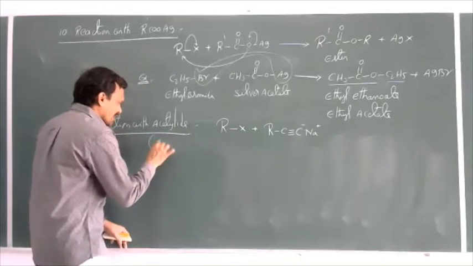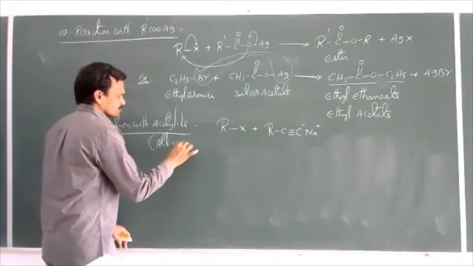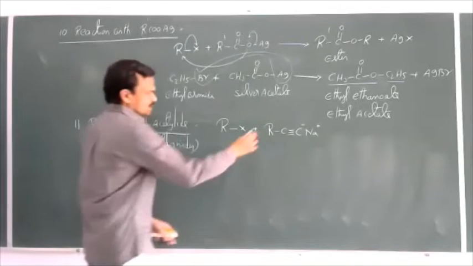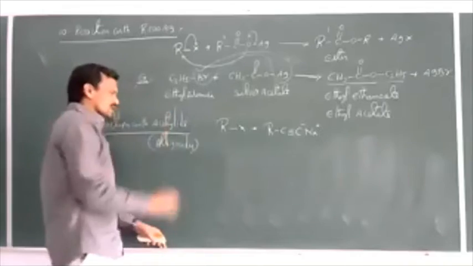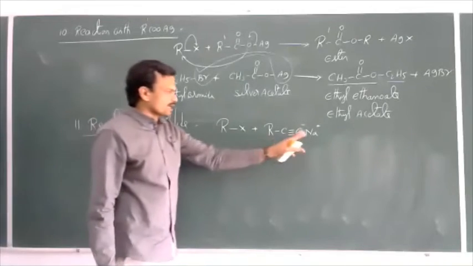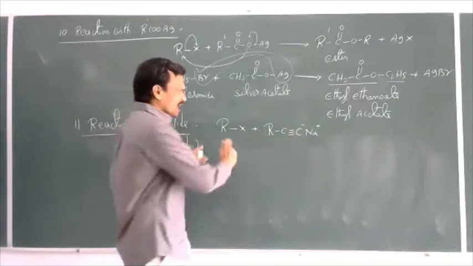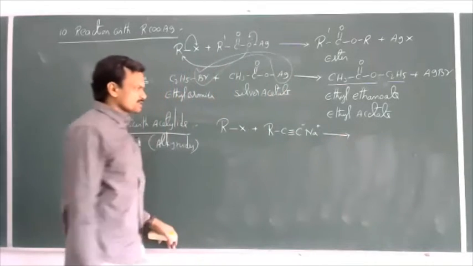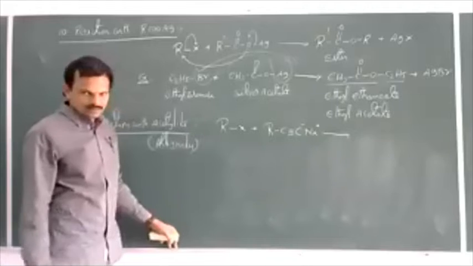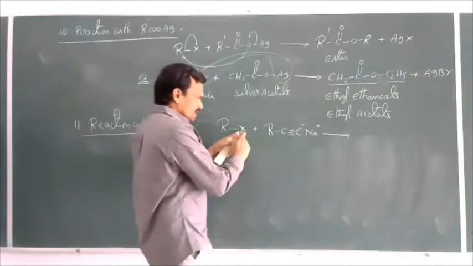Acetylides, alkynides. This is nothing but, if you take H here, there is acetylide. Instead of H, you can take alkyl group, that is called alkynides. Sodium alkynide. So when haloalkanes are allowed to react with sodium alkynides or sodium acetylides, then X minus is replaced by this acetylide or alkynide,